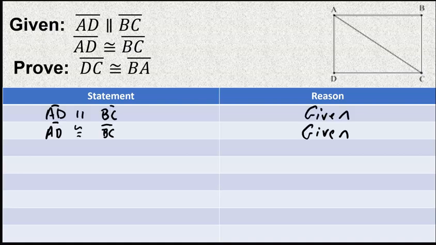So the first thing I want to handle is the parallel lines. The given tells me that AD and BC are parallel. So I'm going to place arrows to indicate which lines are parallel on my diagram. In parallel lines, there always exist alternate interior angles. So I am going to use those alternate interior angles as part of my proof. The way I select those alternate interior angles is